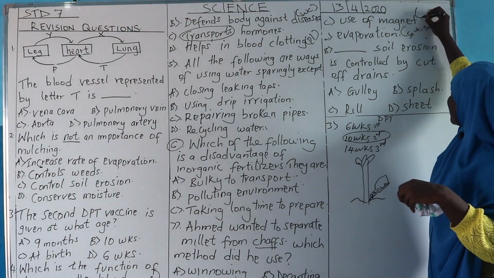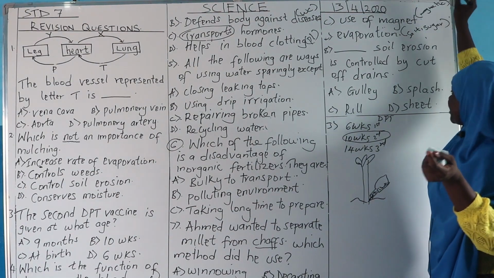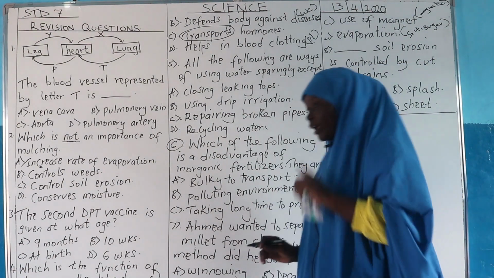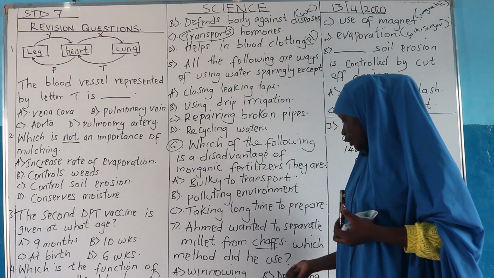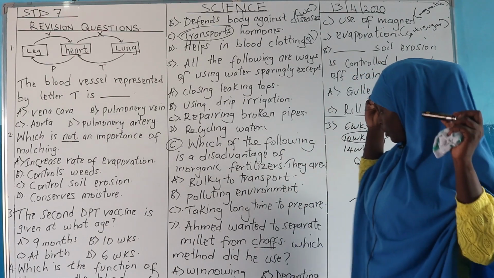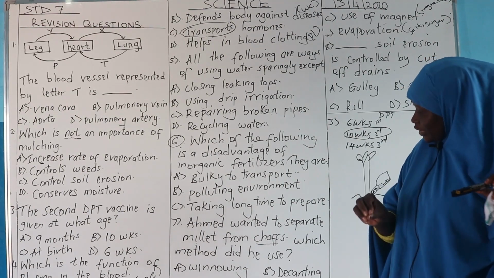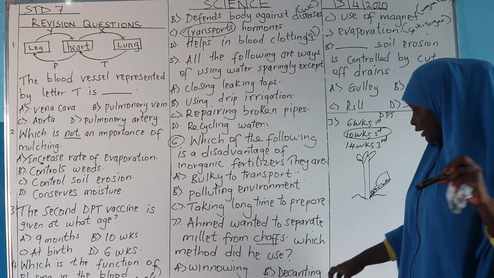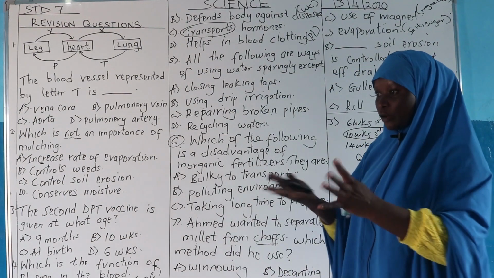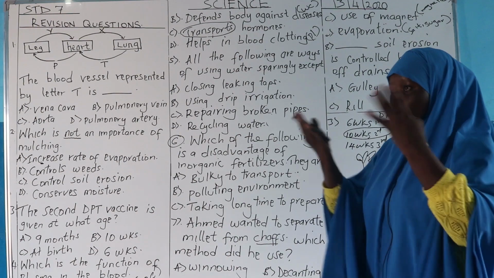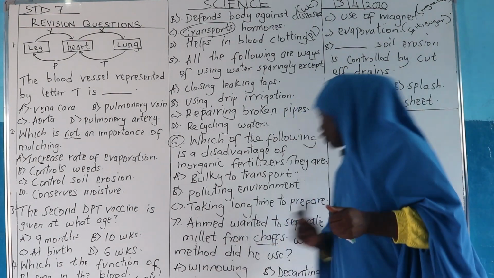Use of magnet needs magnetic materials. So anytime you see a metal anywhere, definitely use of magnet is involved. Then decanting, we need water and solids which do not dissolve in water. Solids plus a liquid, and the solid does not dissolve in water. That one is decanting. So in this case, we are using winnowing. You take a tray outside in the wind, you shake the tray and throw it up, and all the chaff will go out. So we will separate millet and chaff by using winnowing.